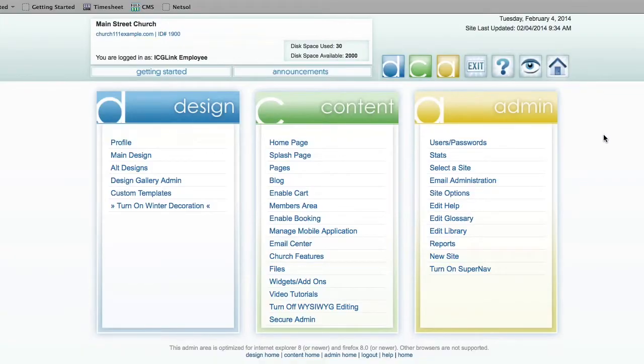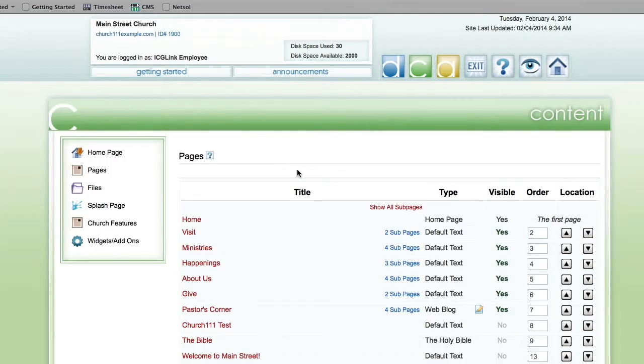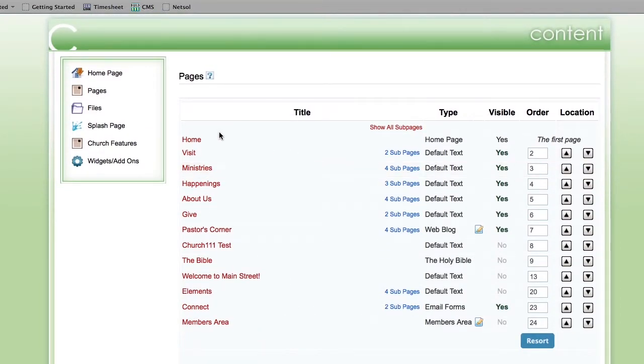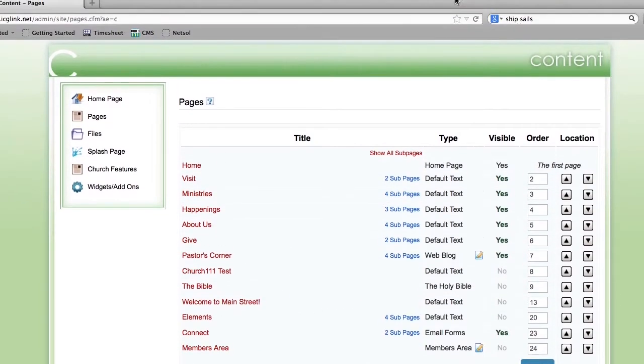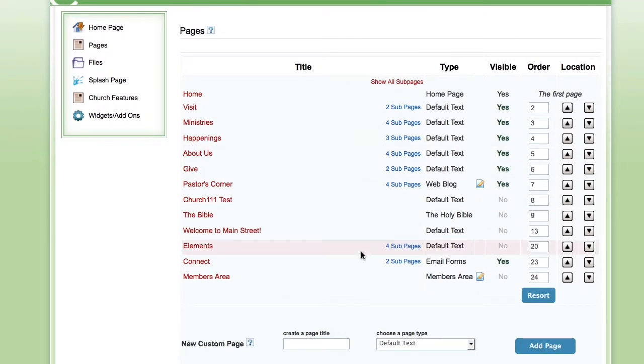Once back here and we've taken a look at the design and we know the admin, then we just go under our content section and start creating our content. You click on pages and here you can see existing pages we've already created. And now what you might want to do is create a new page. So at the bottom here, you type in your page name